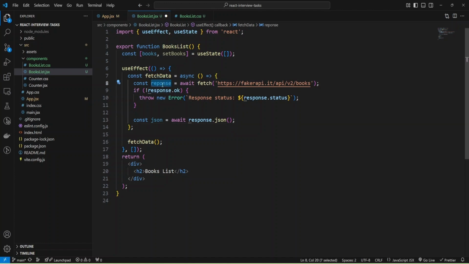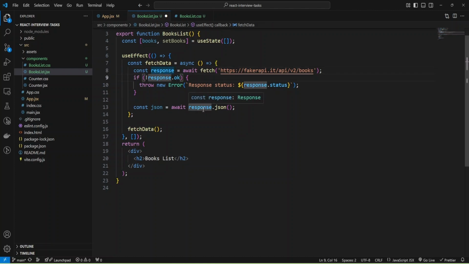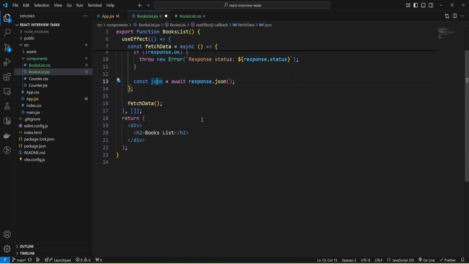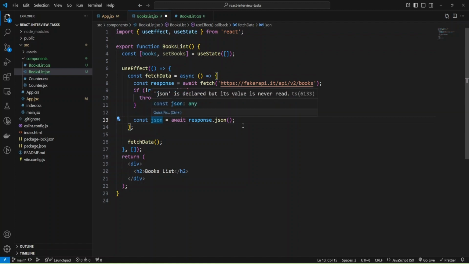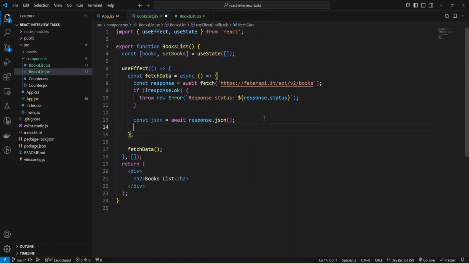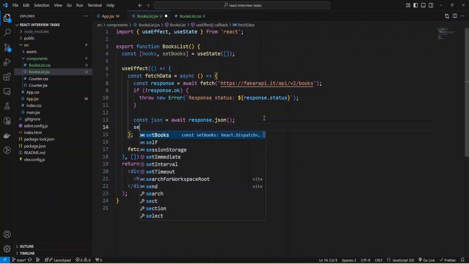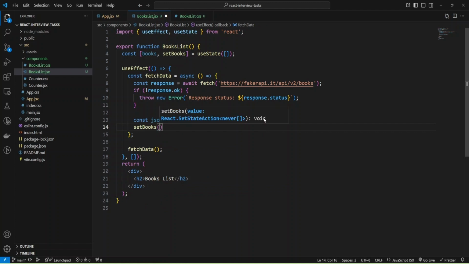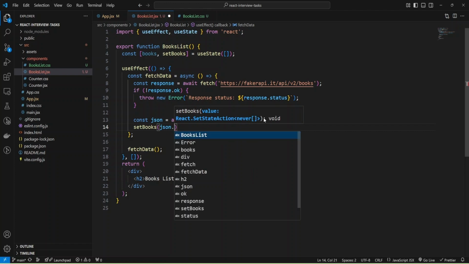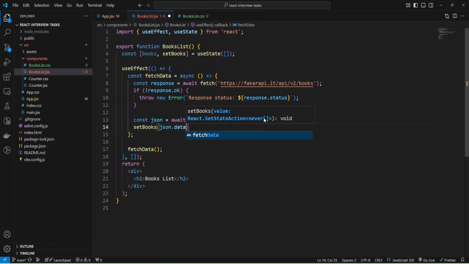Okay, and I need to change response. And if the response was not okay, I'll provide the response status. And now we can retrieve JSON, and this JSON I'll pass to my setter, and inside this JSON we have data.